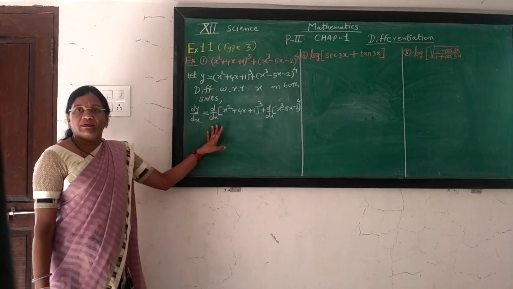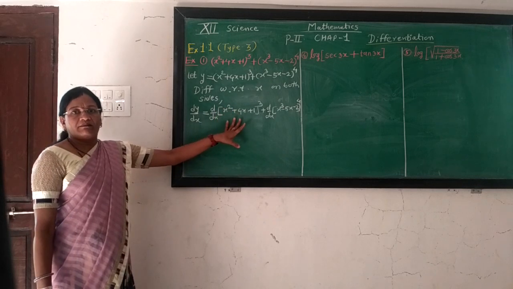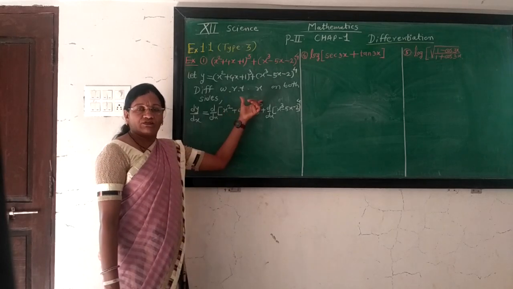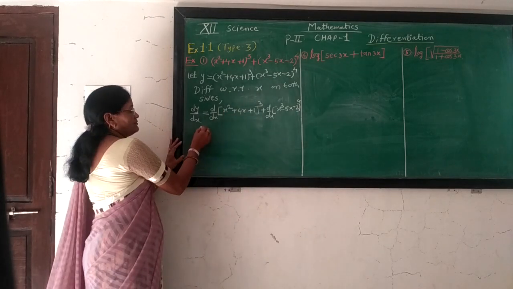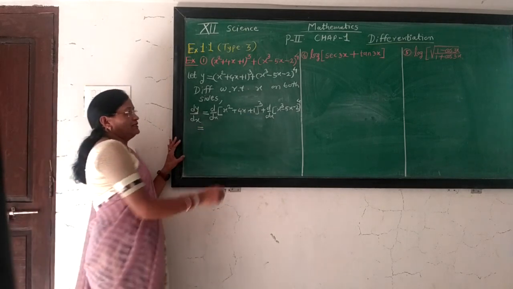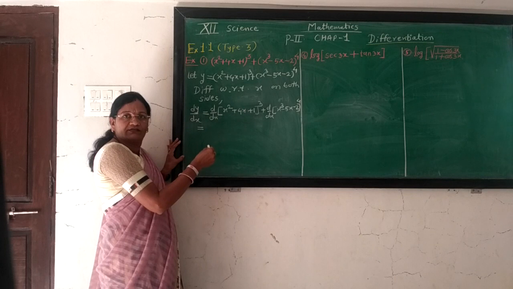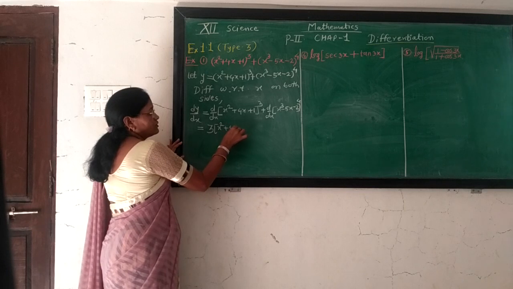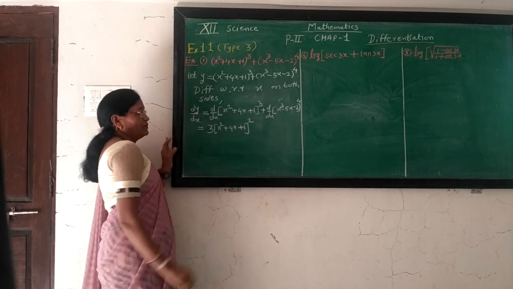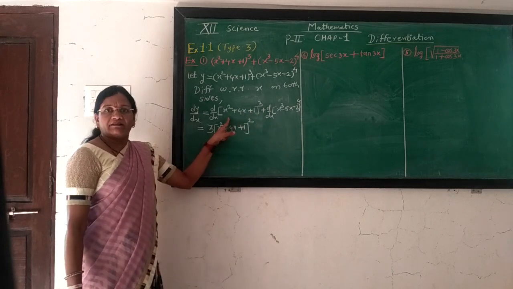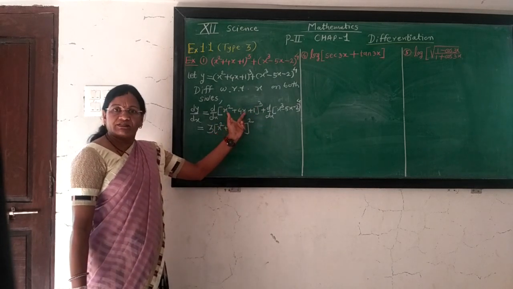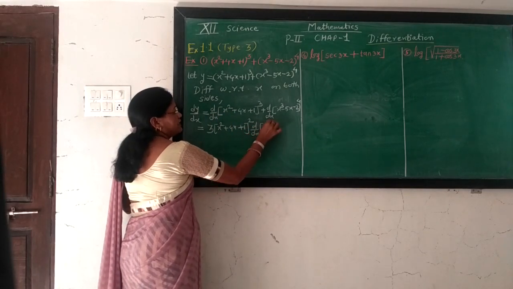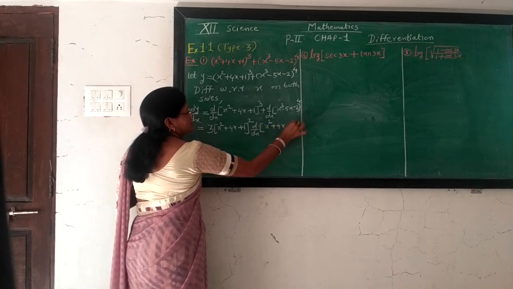For the right side we apply the derivative of the composite function by using the chain rule, as we consider this bracket function as x raised to 3. So we use the first formula for the derivative of an algebraic function, x raised to n, which becomes n times x raised to n minus 1. According to this rule, we get 3 times (x square plus 4x plus 1) bracket raised to 2. Now we have taken only the first step by the rule for x raised to n, but this function is composite, so we multiply by the derivative of x square plus 4x plus 1.